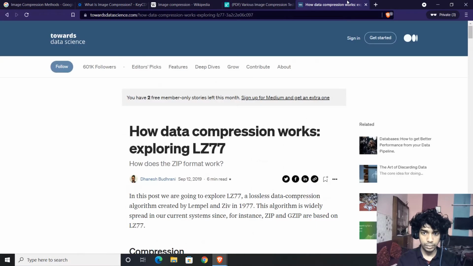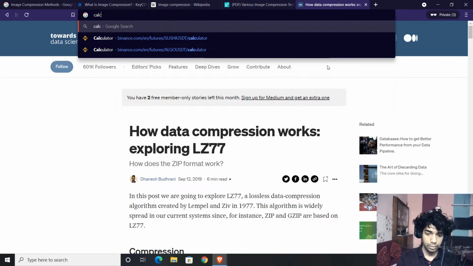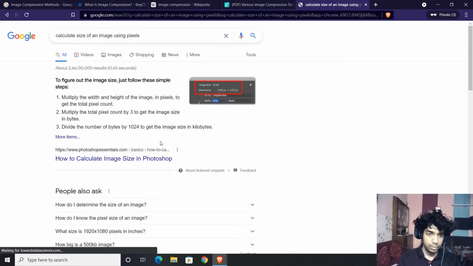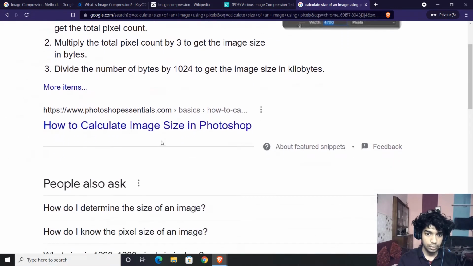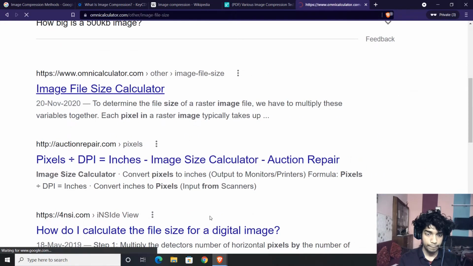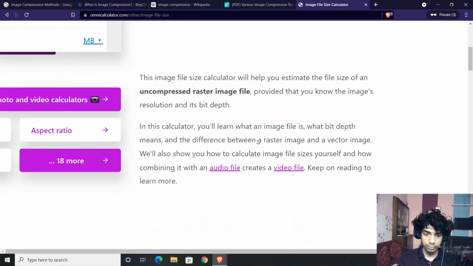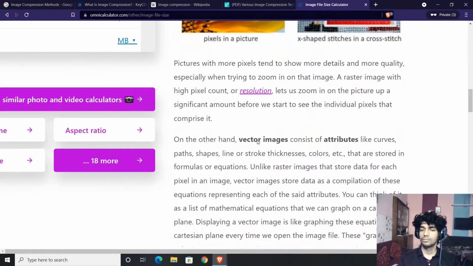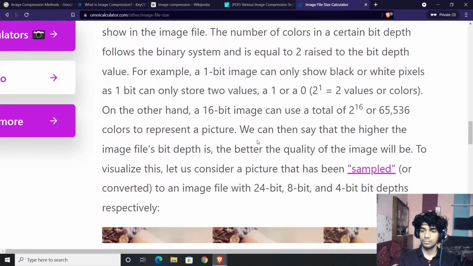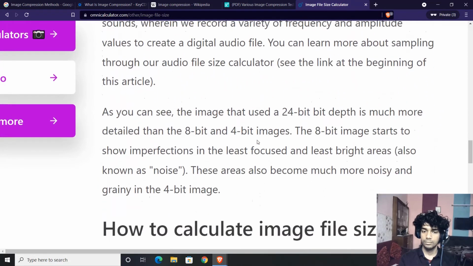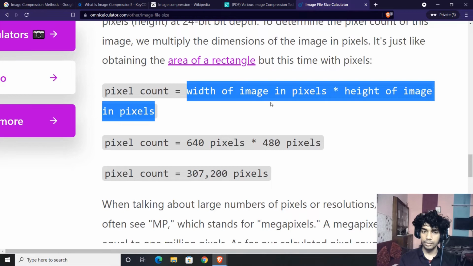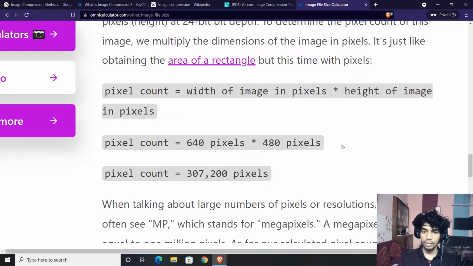So pixel count equals width of image in pixels times height of image in pixels, 640 times 480. Now the pixel count is this.